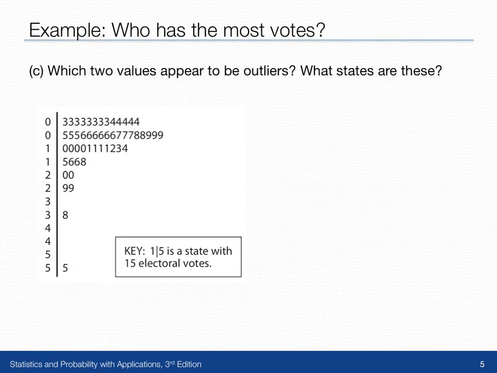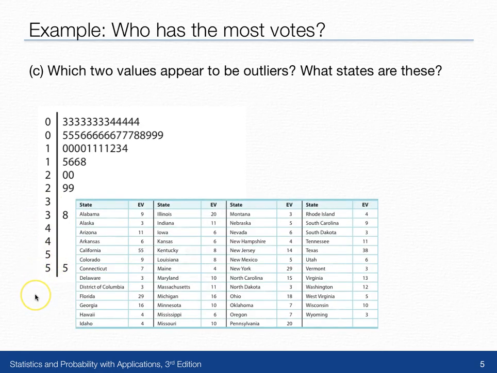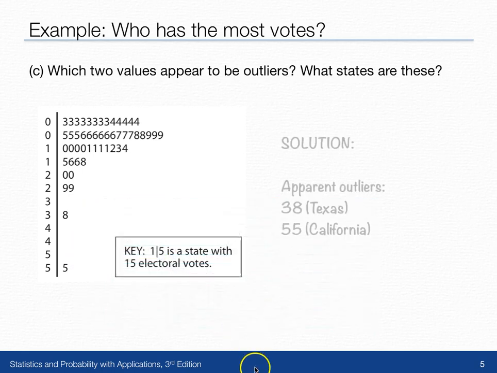Finally, which two values appear to be outliers, and which states are these? Well, it looks like we have an outlier here at 38 and another outlier at 55. According to the table in the previous example, 38 corresponds to the state of Texas, and 55 corresponds to the state of California. So to answer the question, the apparent outliers are 38 and 55, which correspond to Texas and